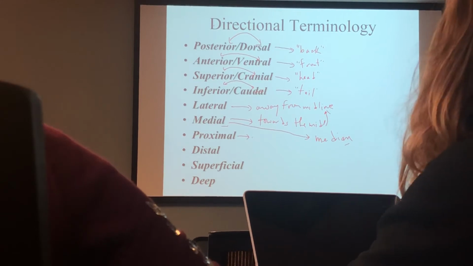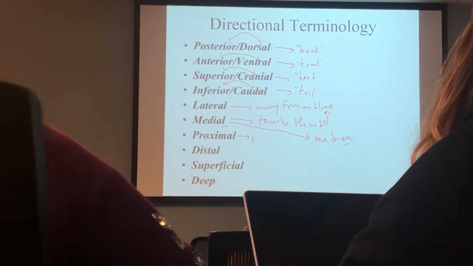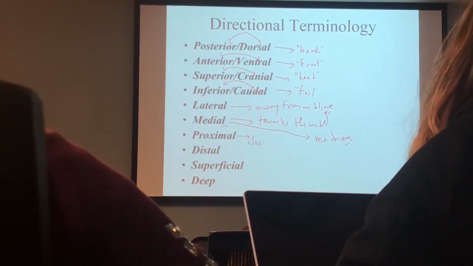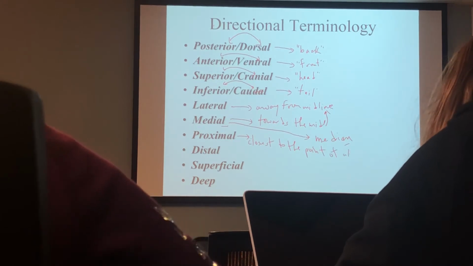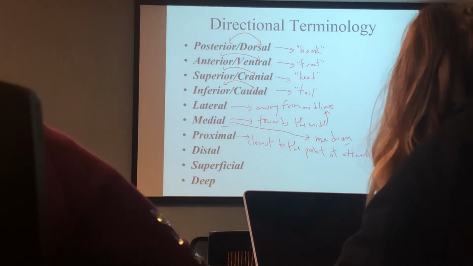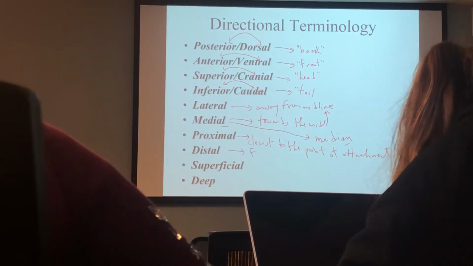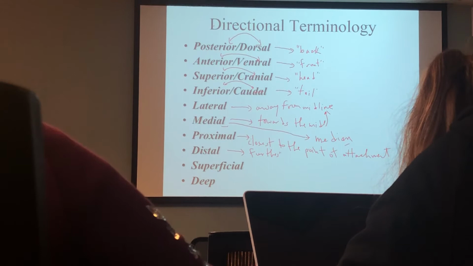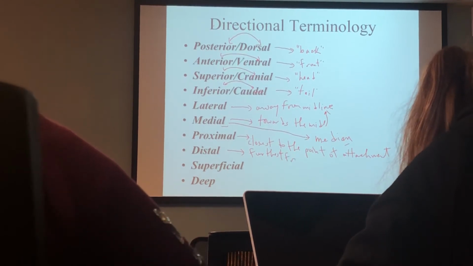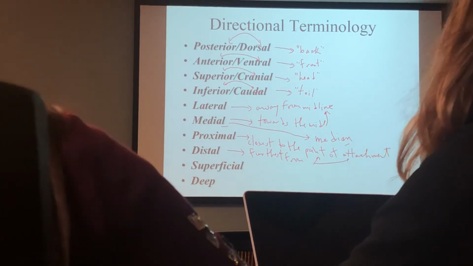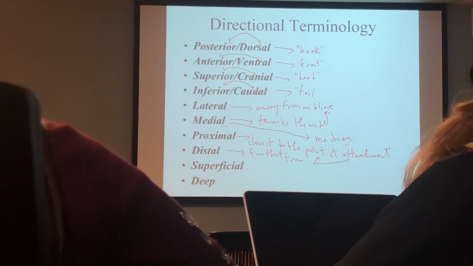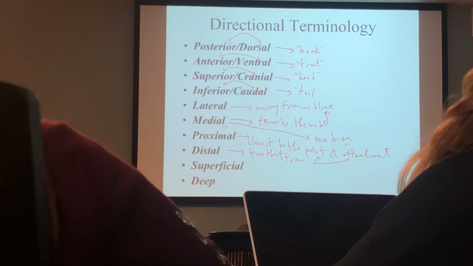Proximal means what? Proximal is located where? At the closest to the point of what? Of attachment, right? Closest to the point of what? Of attachment, obviously. Okay. And distal is what? Furthest. Furthest from what? Point of attachment, okay? So you have proximal, what's closer to the point of attachment, and distal is opposite, furthest from the point of attachment,